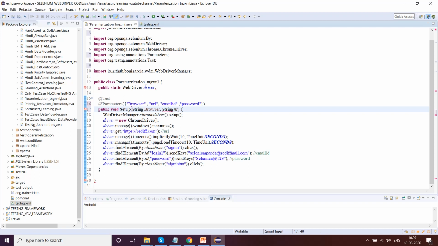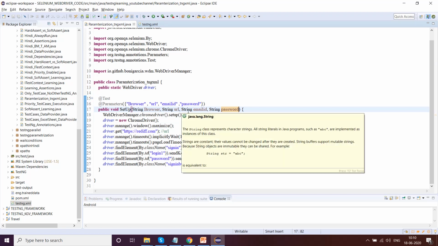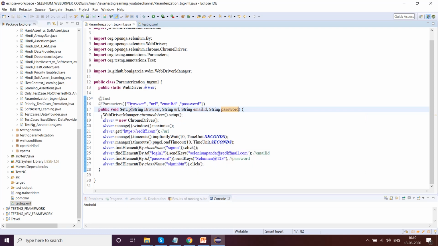String URL, okay, we'll pass something like this, and String email ID, String password. So now, since we are done with this, we do not want to keep these things hard coded anymore. We want to change it in a different fashion. So what should we do?